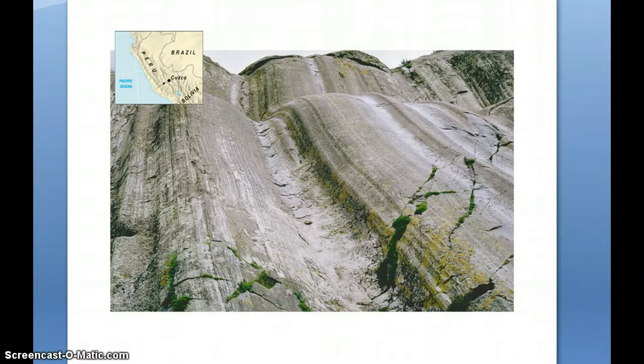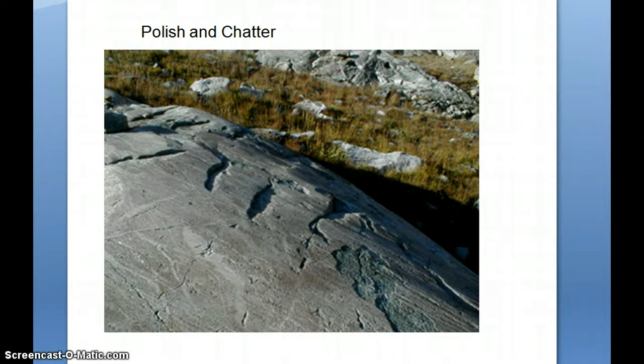So these look like slides, but these are glacial grooves, glacial striations from rock that is embedded and frozen into the bottom of a glacier that scrapes over the landforms. This is called chatter marks and polish. So if I had rock and sand in the bottom of a glacier, it could also work to smooth a rock, but it can also freeze to pieces of the rock and pluck off pieces and take it as it